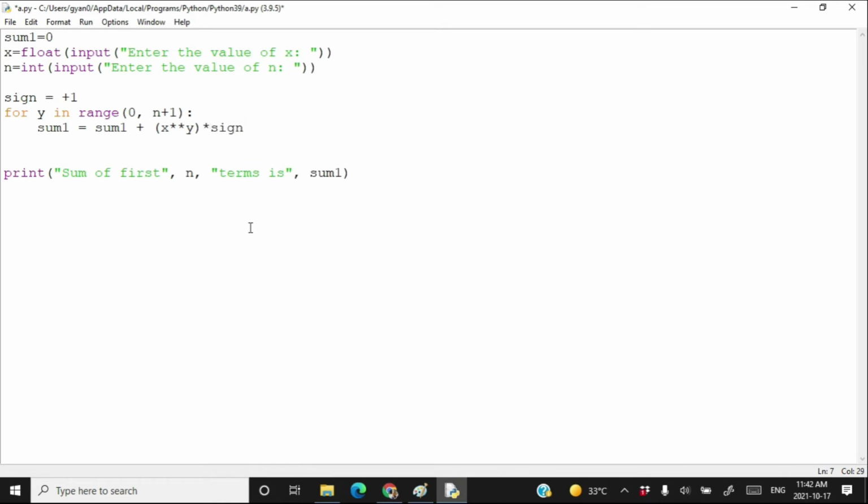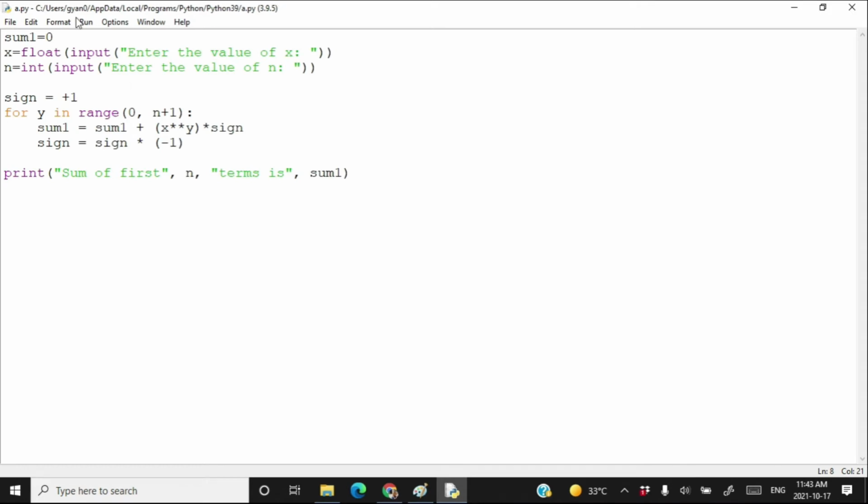And in every iteration, change the value of sign. That means if it was positive initially, then change it to negative, and if initially it was negative, then change it to positive. So sign is equal to sign multiplied by minus 1. And this is how you will keep on multiplying sign with different values in alternate terms.